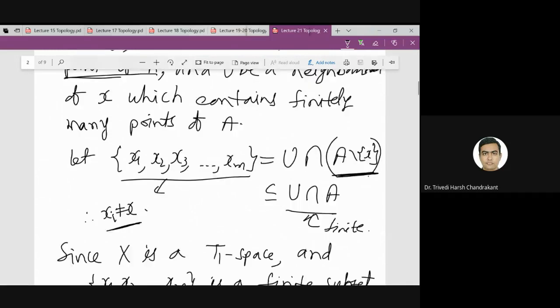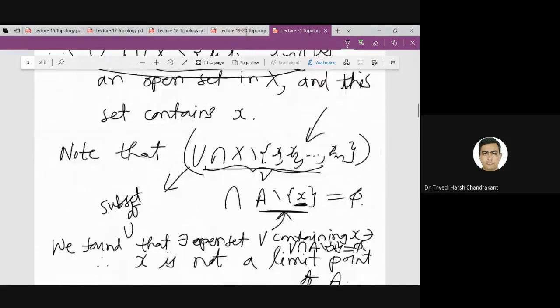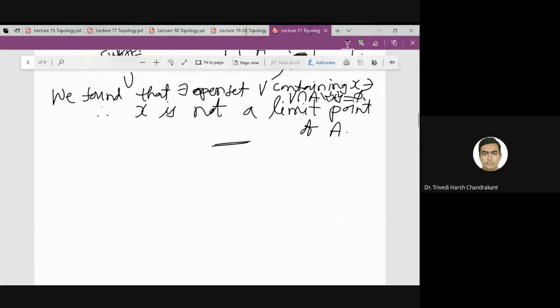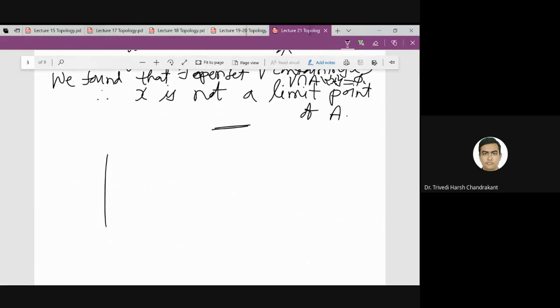So similar results we proved. This we already know actually from real analysis, but now we proved it for the T1 spaces, and every Hausdorff space is a T1 space. So therefore this is true for every Hausdorff space. So what are the standard examples of Hausdorff spaces? All metric spaces are standard examples of Hausdorff spaces.